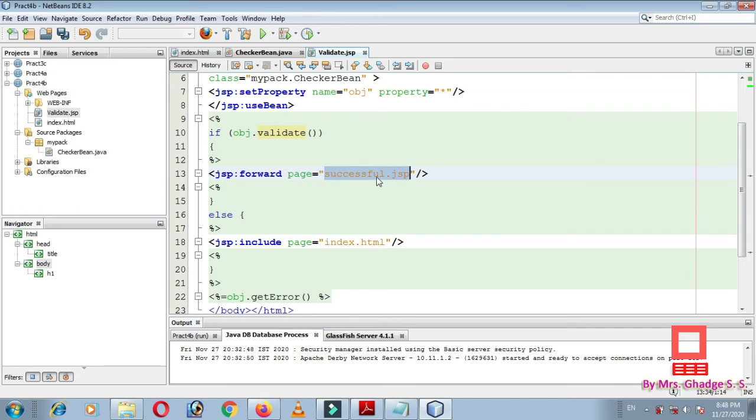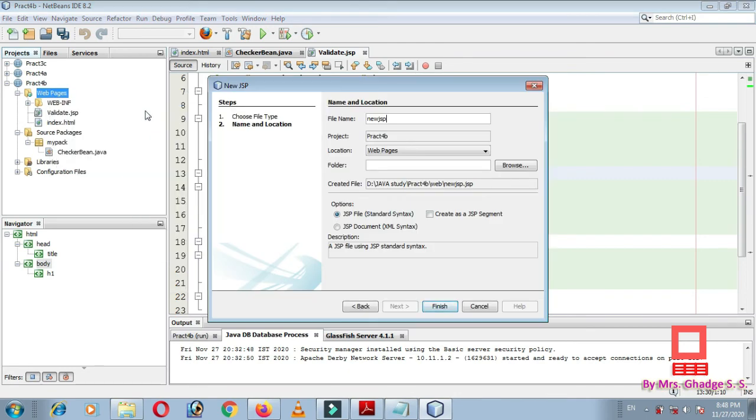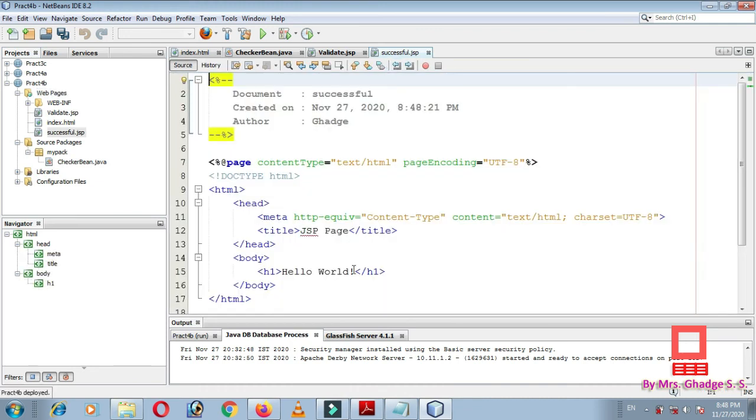So we need to create one more file, successful.jsp. Let us create this file again. Right click on web pages, select new and then JSP. Here write the file name as successful and just click on finish. In this file we need to write just one message.